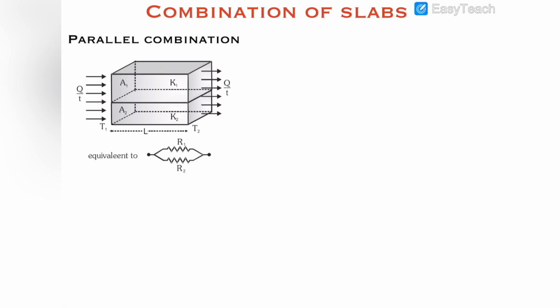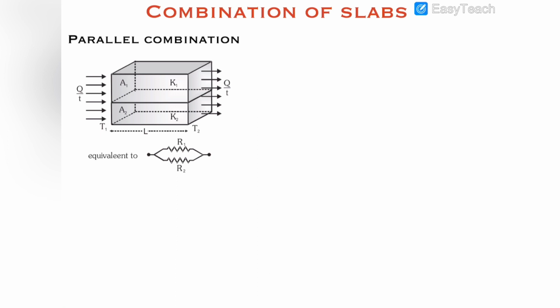So you can see that there are two blocks of cross-section area A1 and A2, and their thermal conductivities are K1 and K2. A total heat current of Q by T is passing through them, and these are maintained at temperatures T1 and T2. Obviously T1 would be greater than T2. The length of these two slabs is L, and therefore we can say that by the analogy of current electricity,